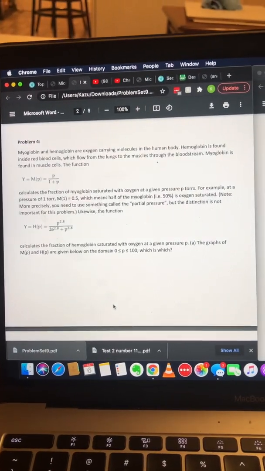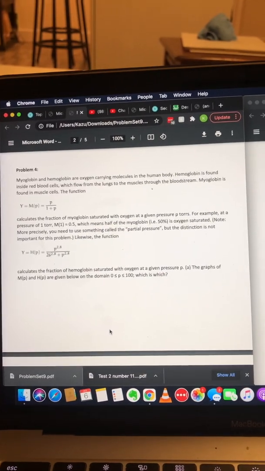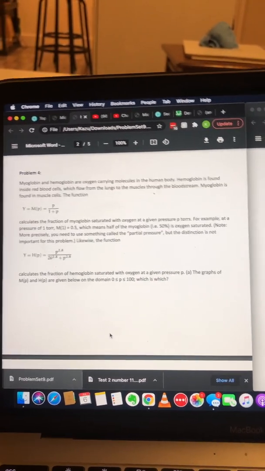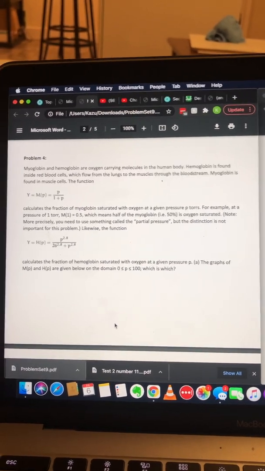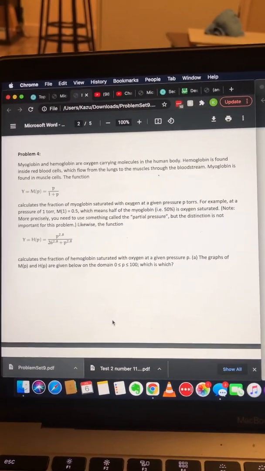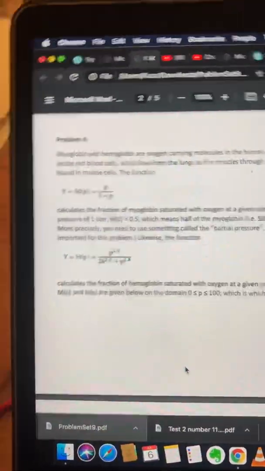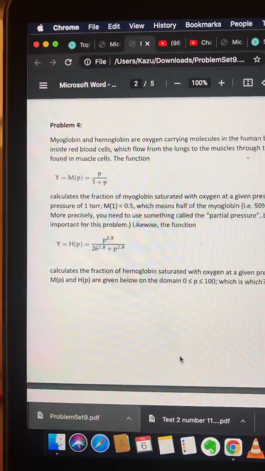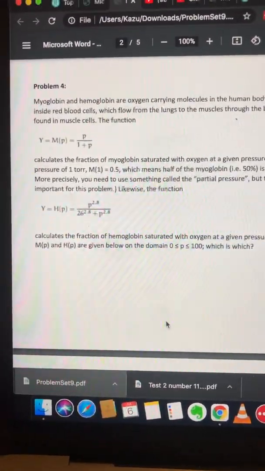Problem 4 talks about myoglobin and hemoglobin and how they are oxygen-carrying molecules in the human body. And then it gives us formulas for how myoglobin and oxygen saturation relate to pressure. So M of P, you get myoglobin as a function of pressure. And then H of P, which is hemoglobin as a function of pressure, with M of P being P over